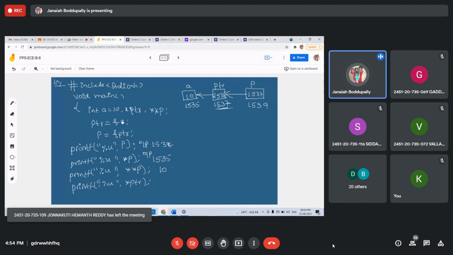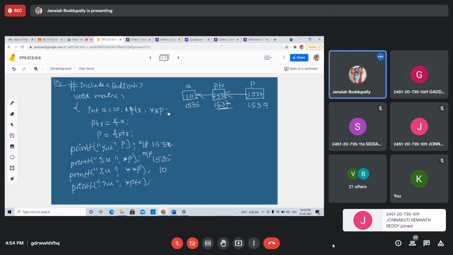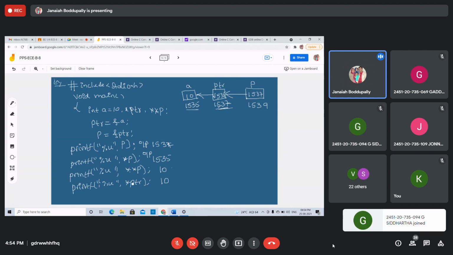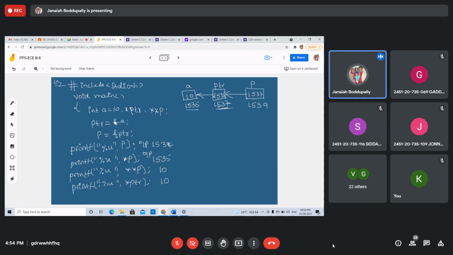PTR is nothing but the address of A. The address of A is 1535. But star PTR means the value at that 1535 is 10. Got it, students? Star PTR: PTR is the address of A, so star PTR means the value at that 1535 is 10.